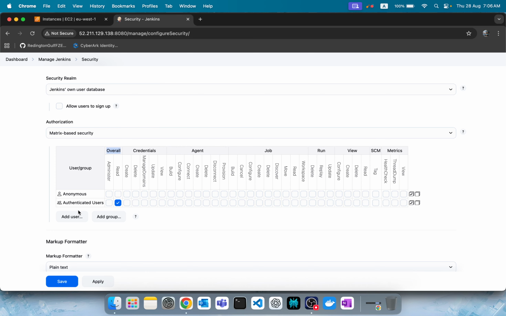But let's say I want to give job read. It means whoever logged in can see the jobs. They cannot delete or run anything, but they can see. But it won't work. Why? You know why? Because